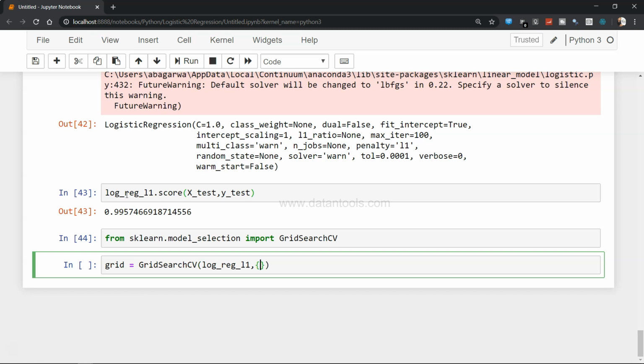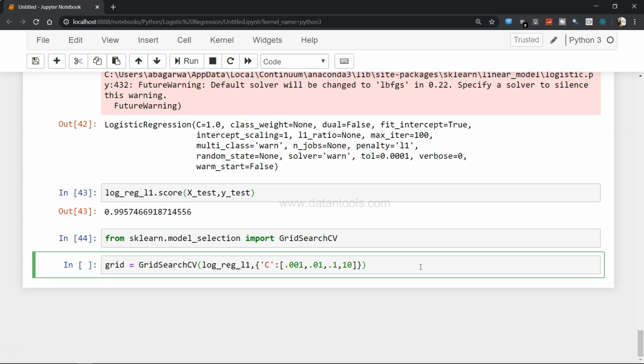So now within the curly brackets, we will provide the dictionary where for C, we give the different values in a list. So let's say 0.001, 0.01, 0.1, and then finally let's say 10. We have already seen the result for the value 1, so that's why I'm not using it.